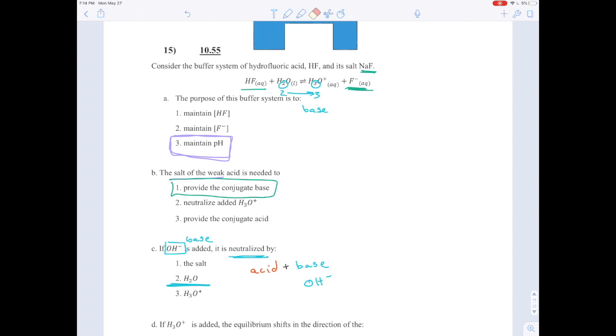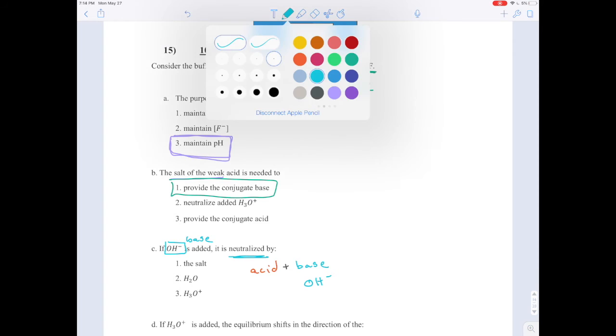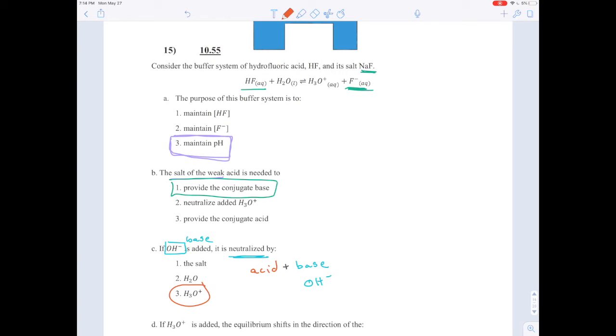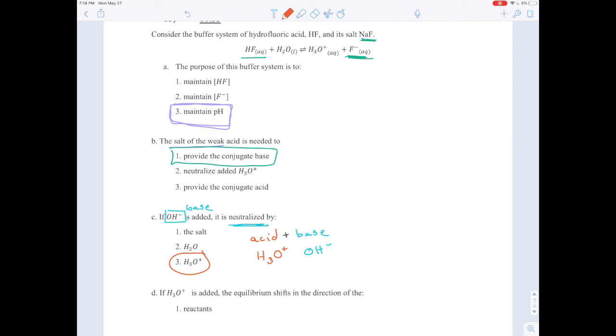You can go back to those problems here, the very first 2 problems in this chapter to see the reasoning for that in more detail. But H2O is actually acting as a base here. So instead, the only thing here that could be acting as an acid is H3O+. In the reverse reaction, that starts with 3 H's, it ends up with 2, and so it's giving away its H, so it acts as an acid. And the H3O+ would be the only thing that's listed here that's an acid. That's what could gobble up the OH- and neutralize it, if that were added